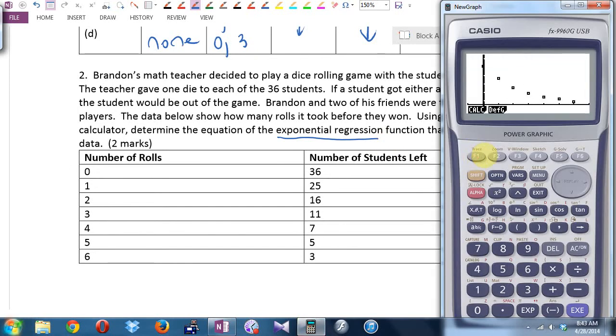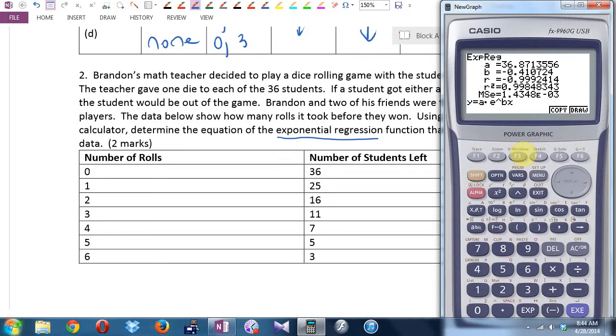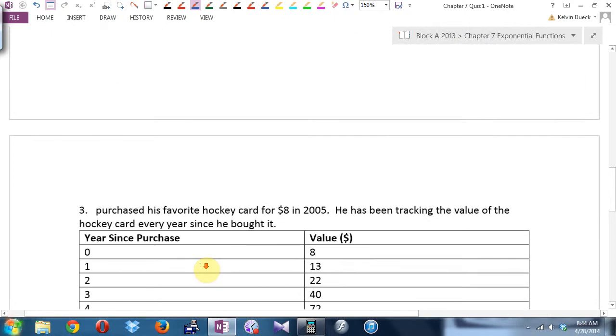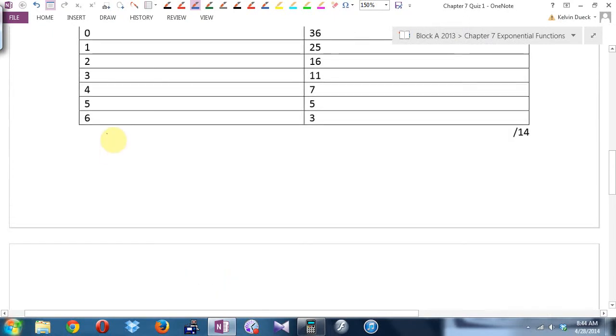I'm going to go graph 1, and hey, look at that. That does look like an exponential graph. So I'm going to go calculate exponential. Now mine only does base e. I think next year I'm going to make everyone do base e just so all of our answers look the same. But one particular equation then would be this. Y equals